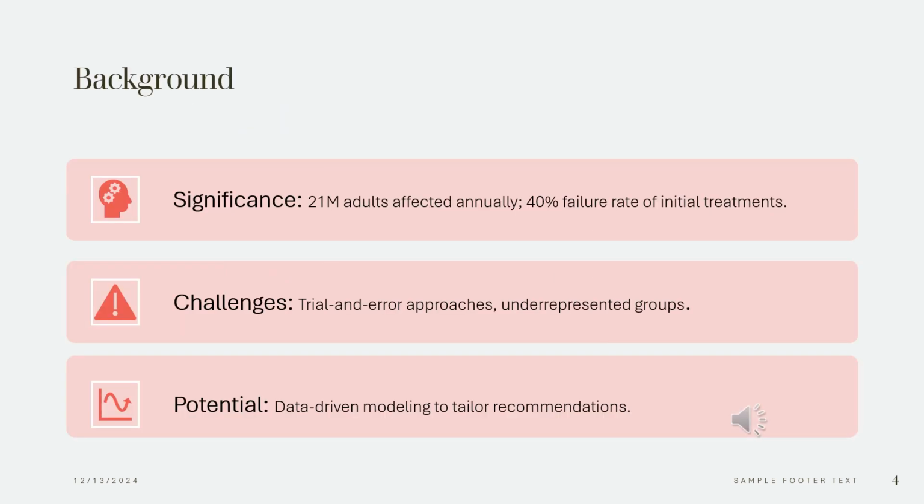Background. Depression is one of the leading causes of disability globally, affecting millions of individuals. Current treatment methods can involve a lengthy trial and error process with failure rates of up to 40% for first line antidepressants. Our project leverages AI driven modeling to overcome this challenge. By identifying the best antidepressant for each patient, we can improve remission rates, reduce delays in treatment, and enhance patient